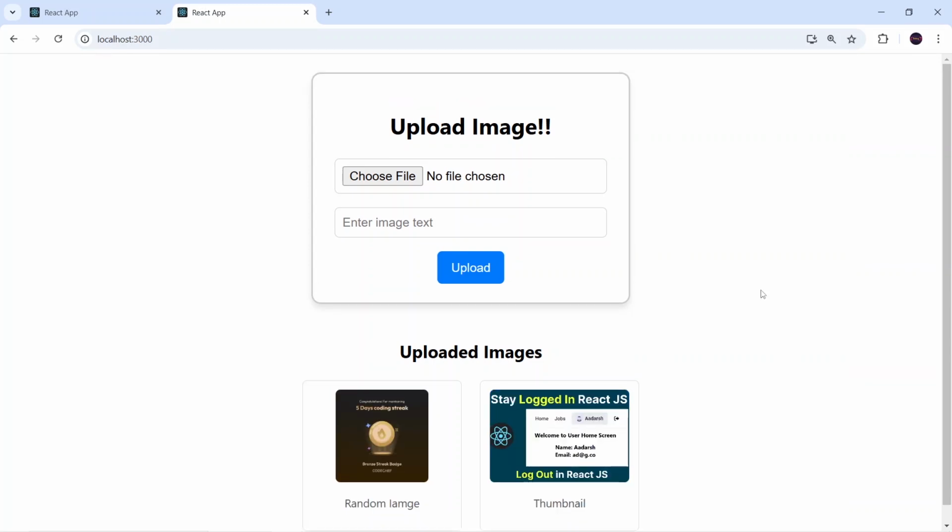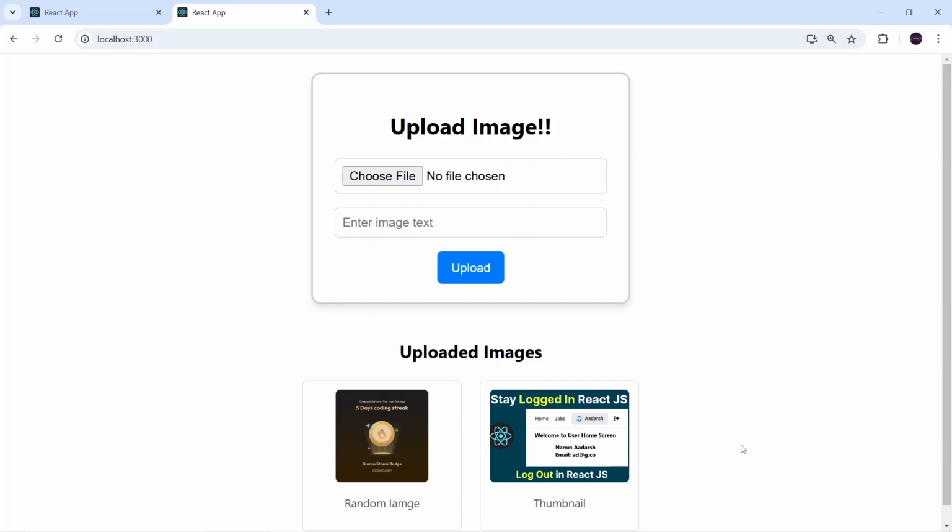Now the main question is how we can upload the image to MySQL. So you know there are majorly three ways in which we can upload the image. The first one is using the base64. Base64 is a text form of an image and we will store that text form directly to the MySQL and fetch that and show these images. And the second one is using a multer in Node.js, and the last one is by using any of the cloud platforms. In this video, I'm going to cover the first method, which is I will convert the image to the base64 and then store that base64 to our database and then fetch it.